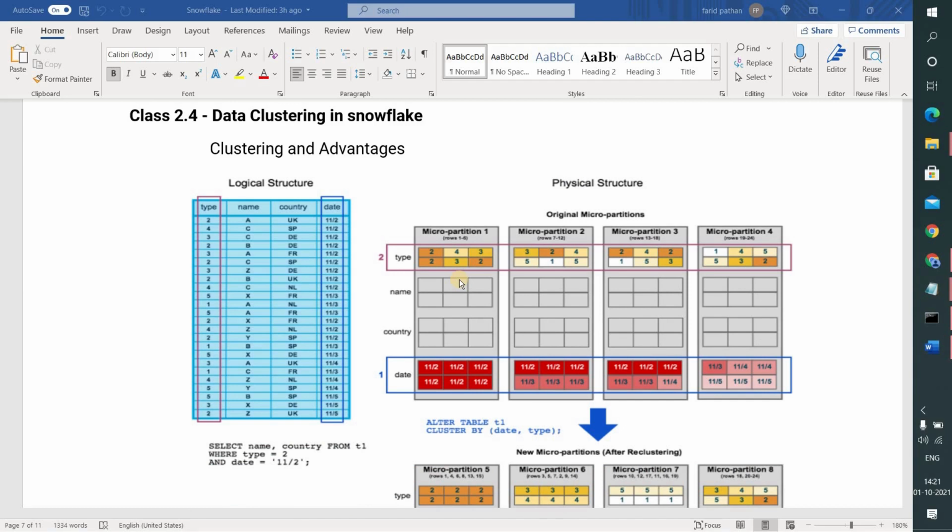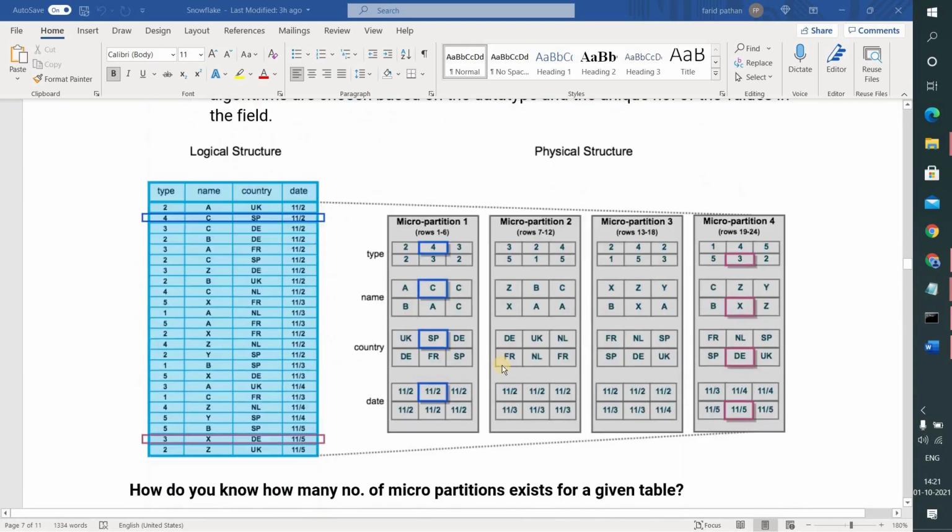Before clearly understanding what clustering is, first we'll see how Snowflake stores the data inside the micro partitions. I'm going to the picture which shows how the records get stored in micro partitions. These are the records in the file. When I have loaded this file into the table, in whatever fashion they came into Snowflake, in that particular order they got stored. Sorting improves the performance of our queries.